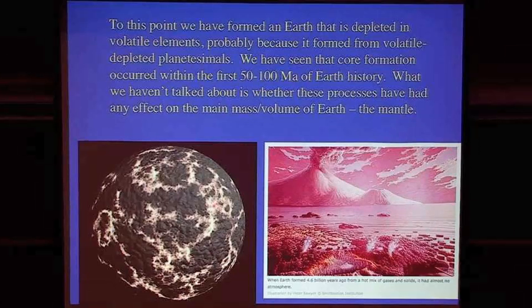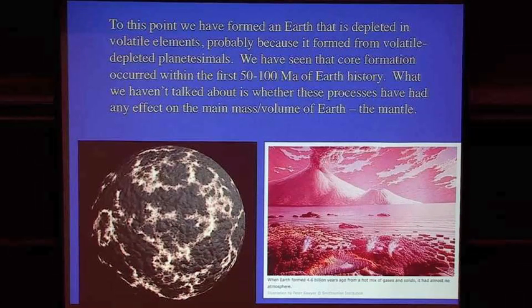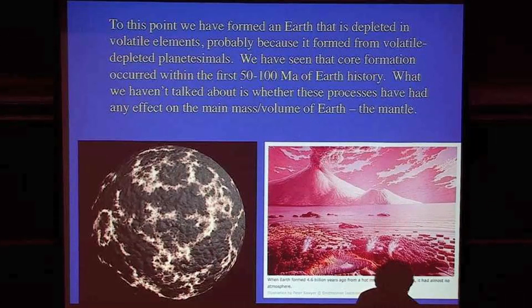Did the early Earth look like this, the hell on Earth type of model, really hot? Or I think the more correct approach is that it may have looked like this within 500,000 years after a giant impact, but a couple million years later it looked not too much unlike what it looks like today. Although I don't know a place that looks like that today. So what we can look at then, to look at the differentiation of the silicate Earth, are these elements,